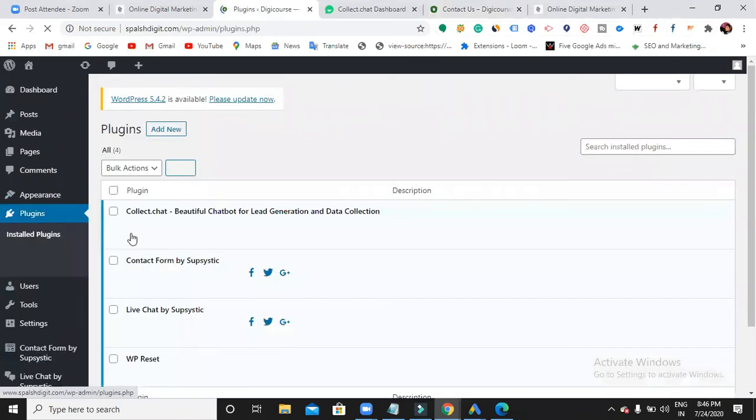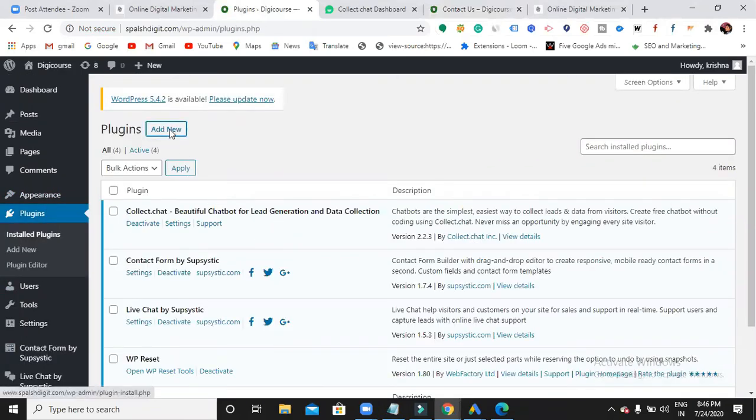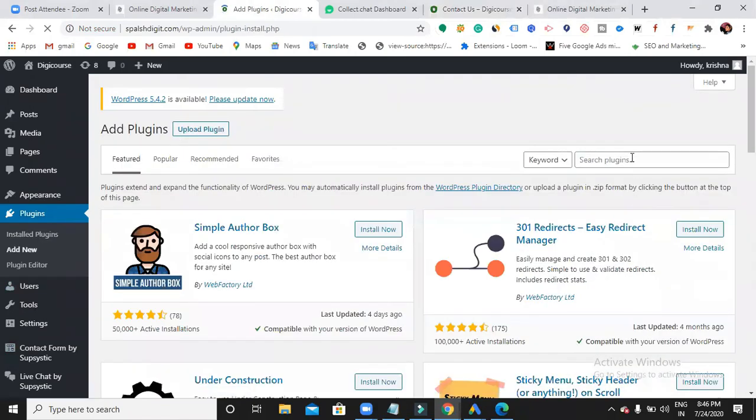Add new. Plugin name. Pop-up. Pop-up chart. Pop-up stars.